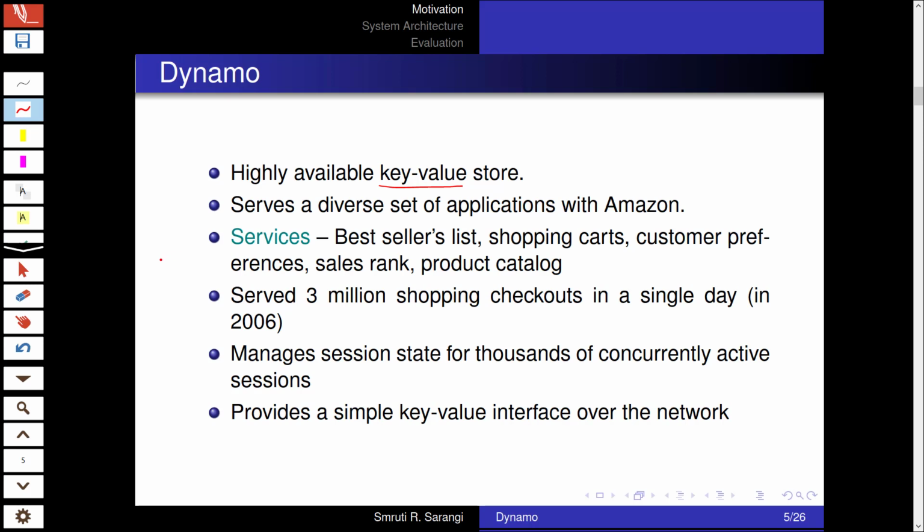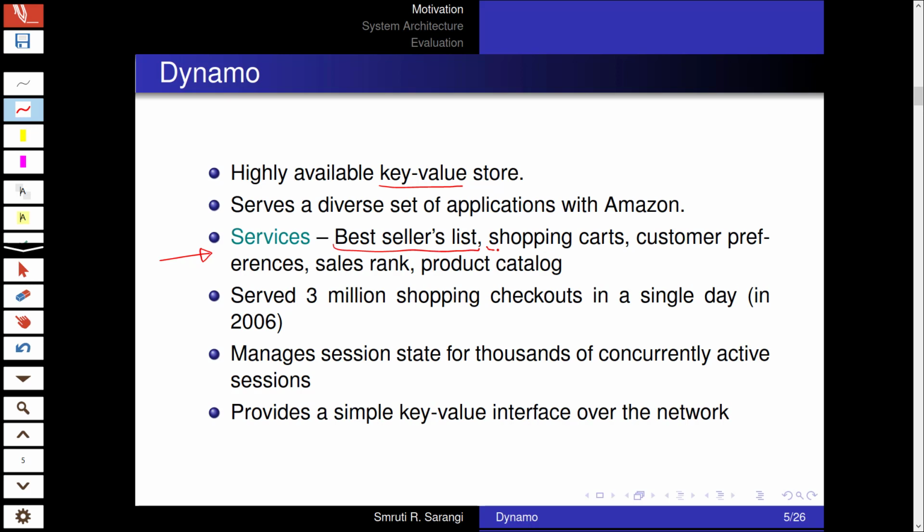What are some of the services that Amazon would like to provide? Some of the services are a best sellers list. For example, I was just doing it right now. Currently, when this video is being recorded, we are in a lockdown in India, and there was some news that e-commerce might open today, which it hasn't. But at least what I was trying to do is see what are the new bestsellers in the world of electronic gadgets, and thankfully many sites like Amazon have a bestsellers list which I can check.